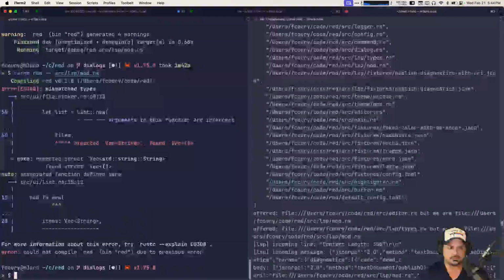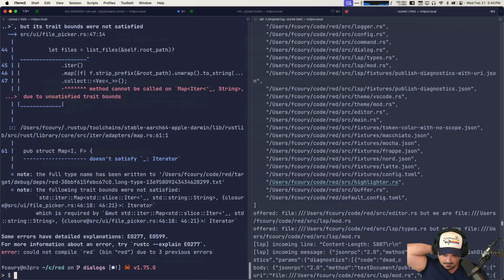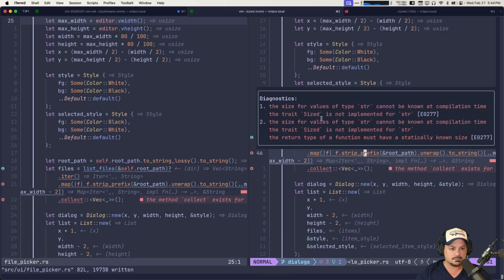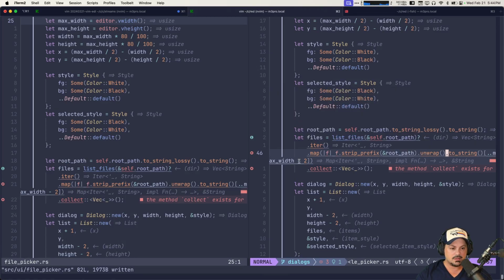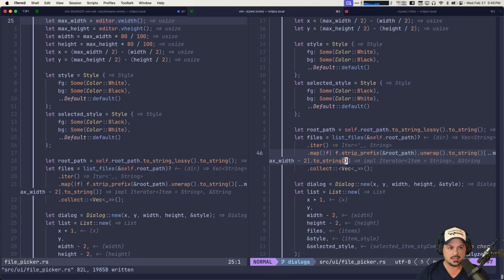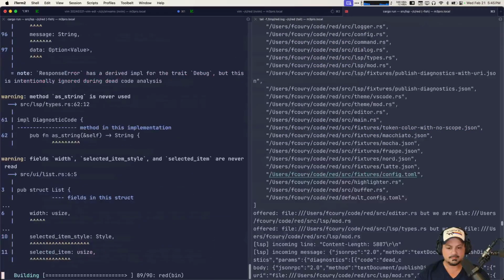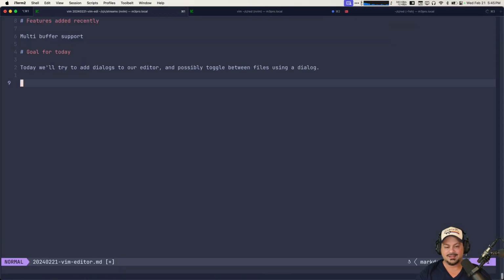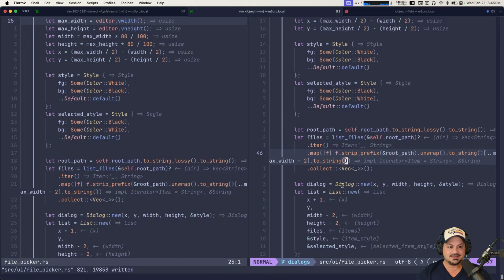Does it panic? Let's see. Doesn't satisfy iterator. The size for values of type. Okay, so we need to do to string again. Is that it? Okay. Now if we do this, yes, we get an out of bounds. Yeah, so I think